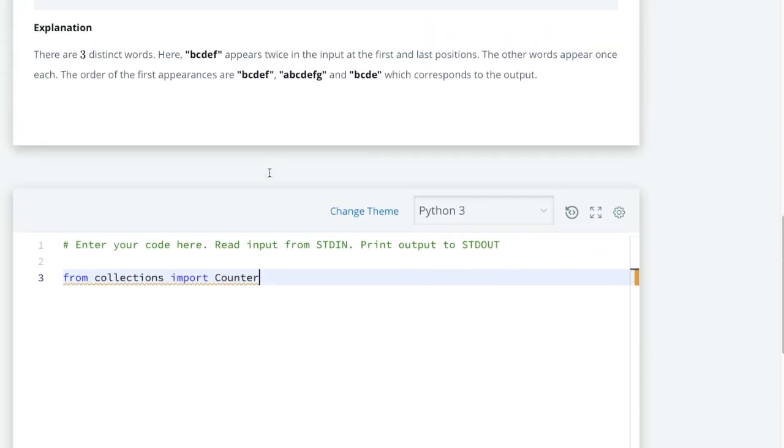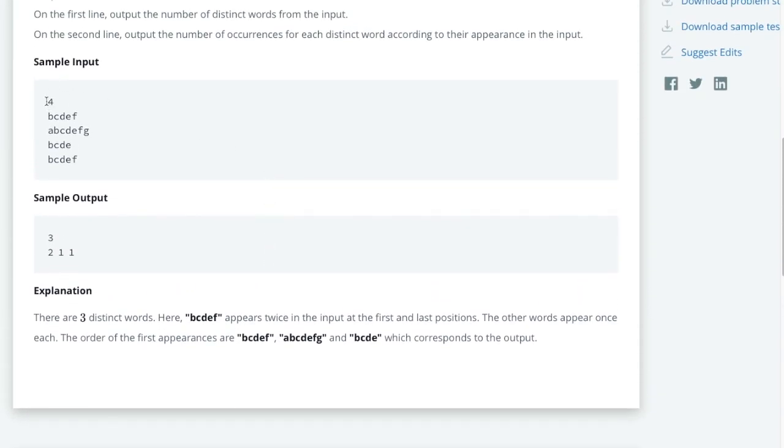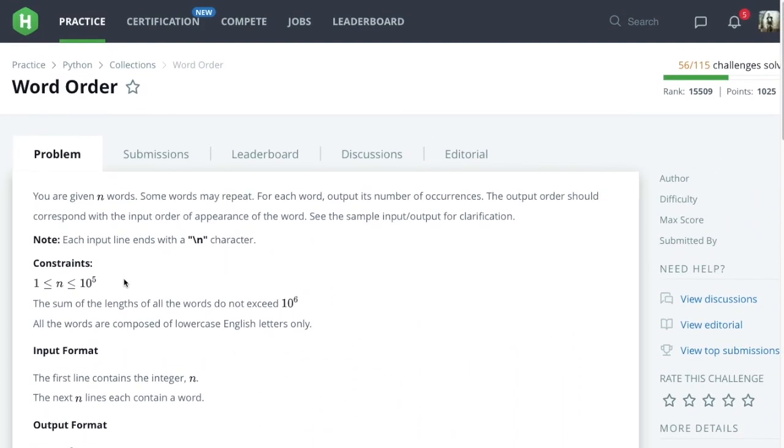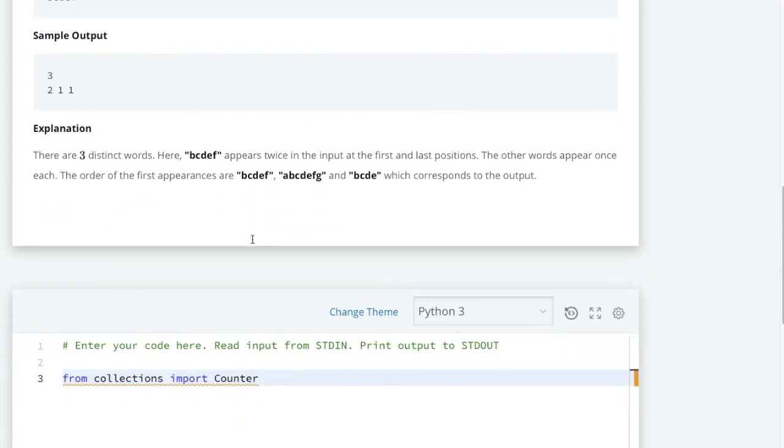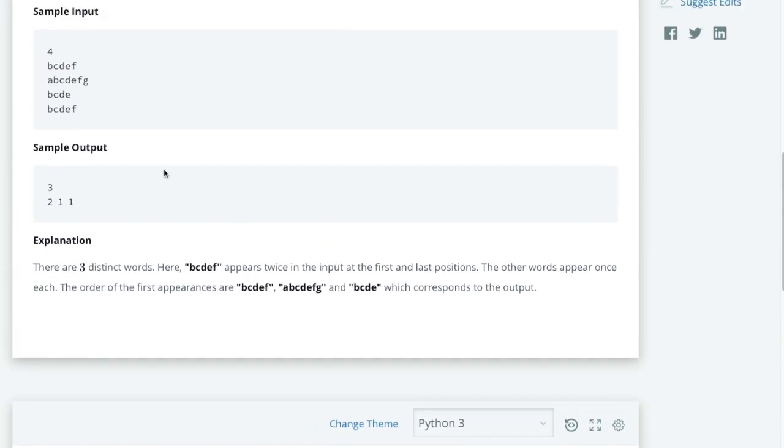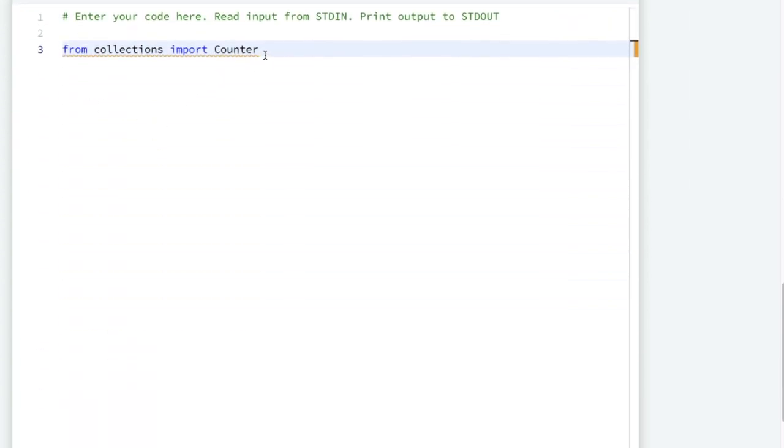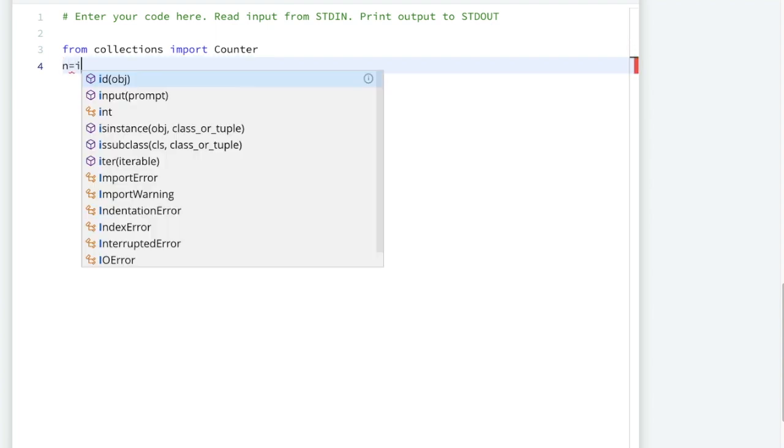Now the very first line is the n value, meaning the total number of words, and then these are the words. You can see here they are saying that each input line ends with a slash n character. So we have to apply a loop to take this sample input. The very first thing is we take the n value, so n equals int of input.